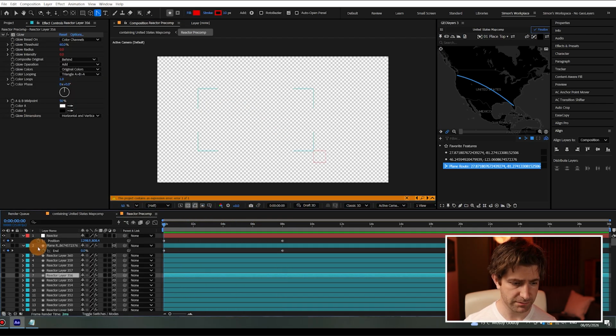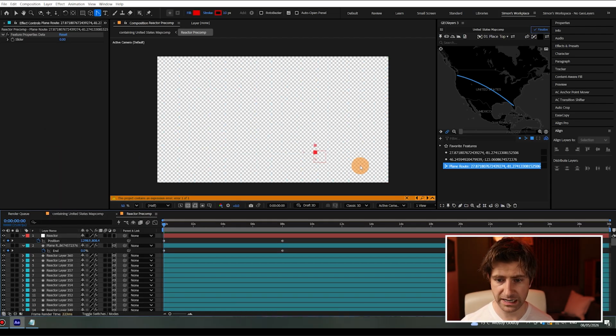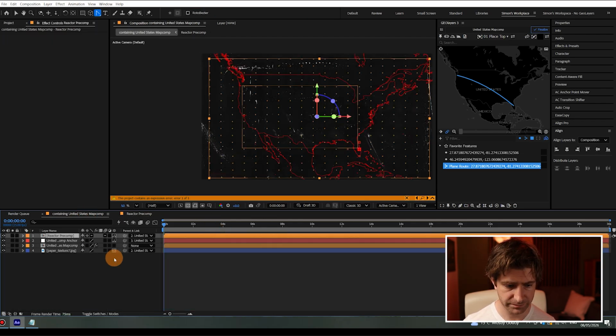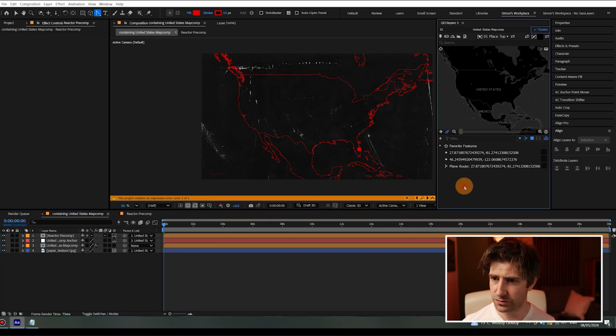Now let's bog down my computer again and turn all these reactor layers back on. So now you see them appearing there under the reactor null. Now we're going to go back over into the main comp. That's looking good down there. Now one thing I want to do finally